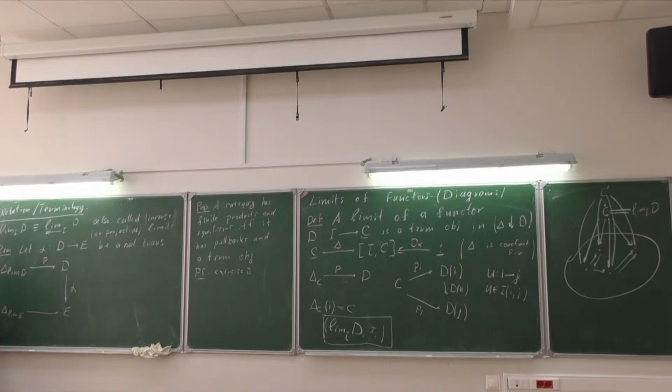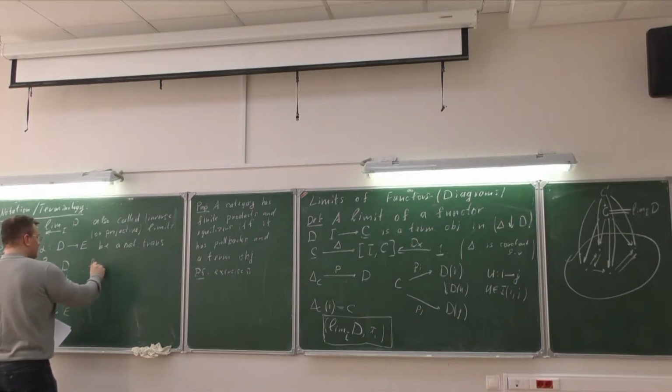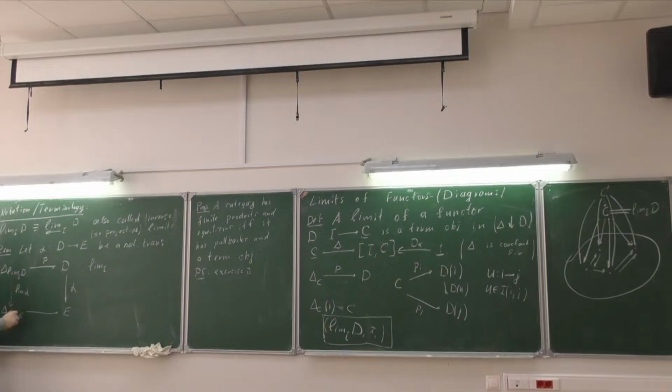Also, when the diagram is understood and there is no place to write this I, I'm going to write just limit D, limit E. So I is kind of a little bit abusing notation. Then there is a unique map like this, and we can call this map the limit of a natural transformation, and we can conclude that the limit, okay, maybe I need to write I here because I want to use it later. So the limit sub I